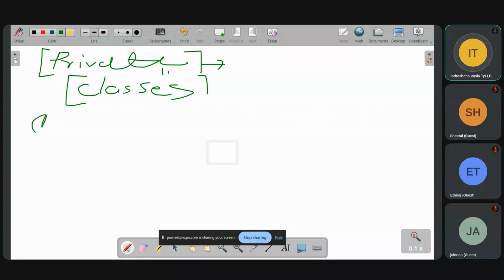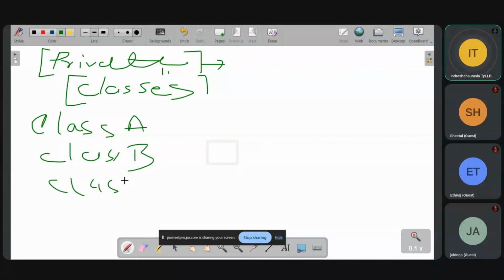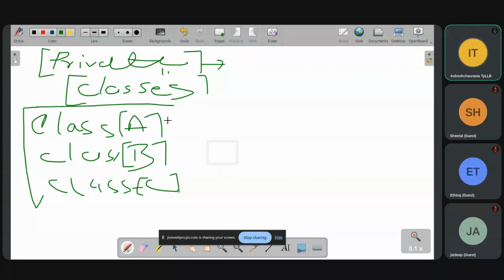Class A, class B, and class C IP addresses. After public IP address and private IP address, the IP address is again divided into classes: class A, class B, class C. This is the common use.